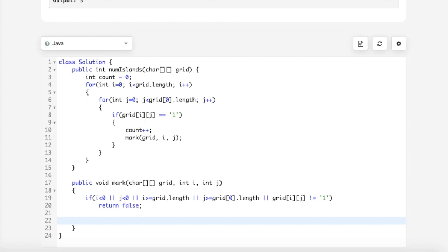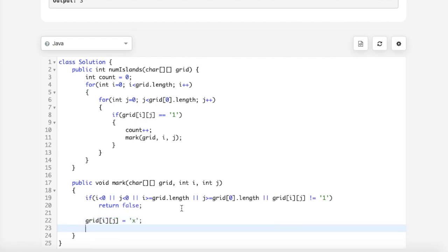Otherwise, what I'll do is mark this as visited and then recursively call this mark function on the neighboring elements, that is, the four neighbors of it.